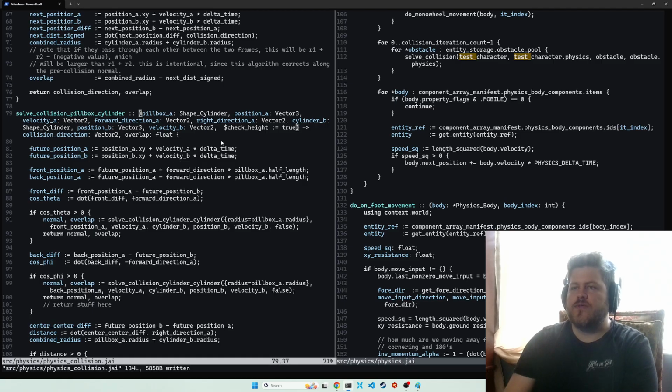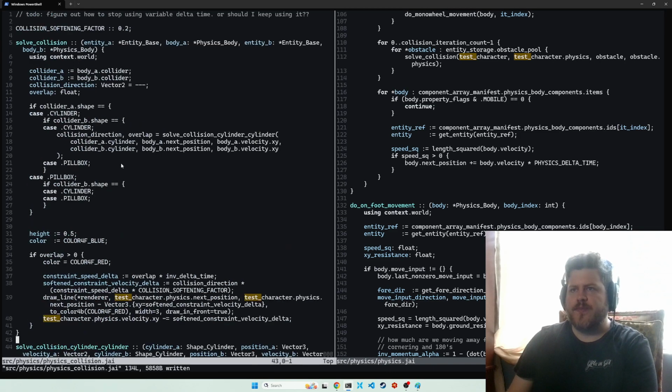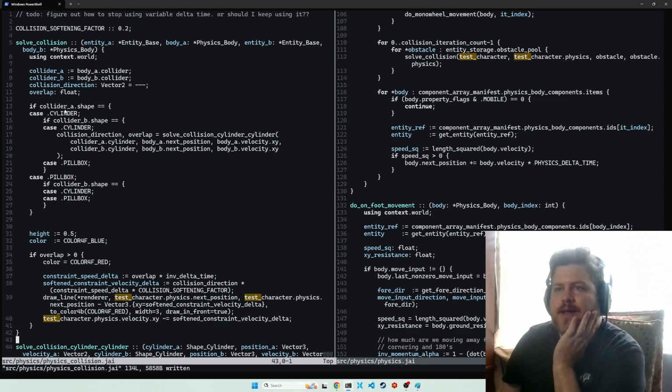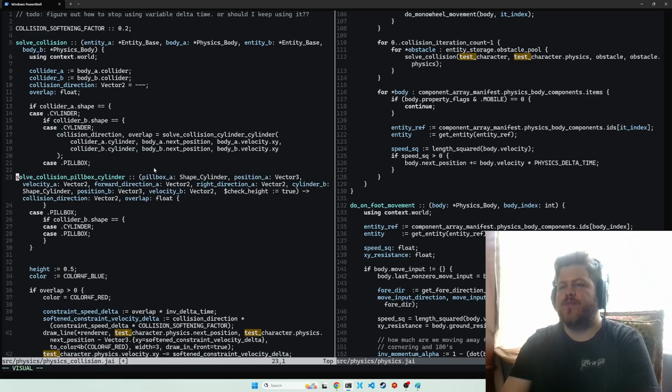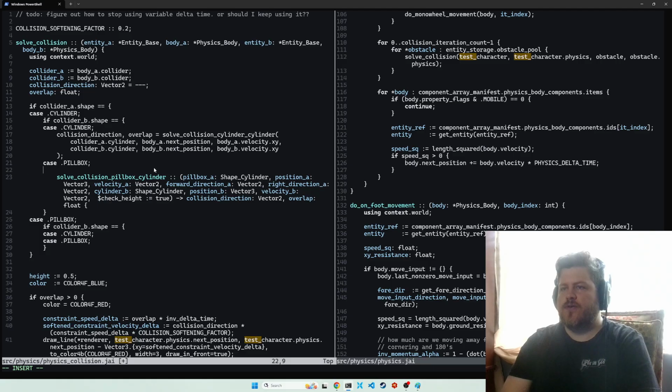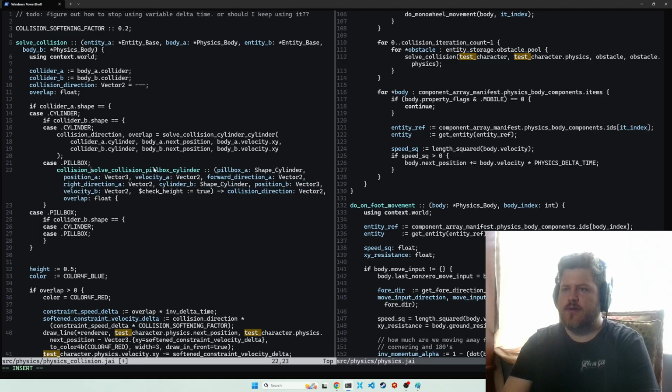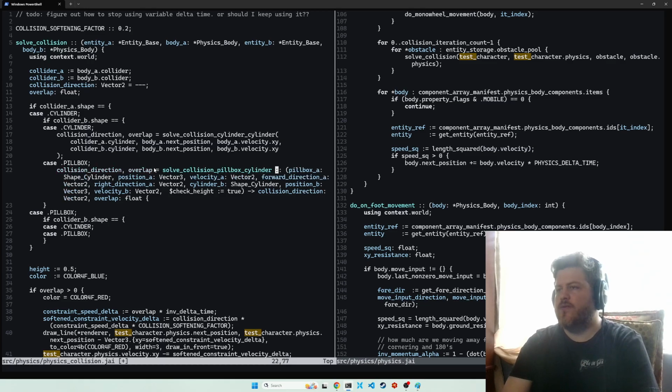Alright, so solve collision pillbox cylinder is going to go any case where the first shape is a cylinder and the second shape is a pillbox, or the first shape is a pillbox and the second shape is a cylinder. We can use this new solver. Right? So collision overlap is equal to this, and this is going to be